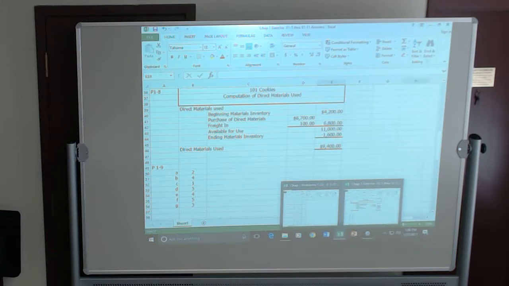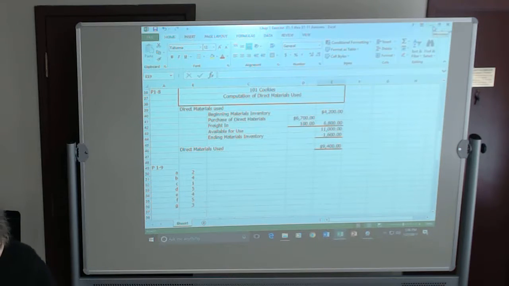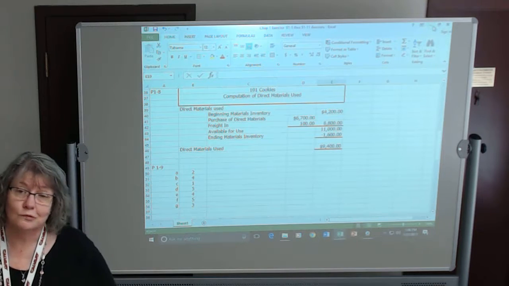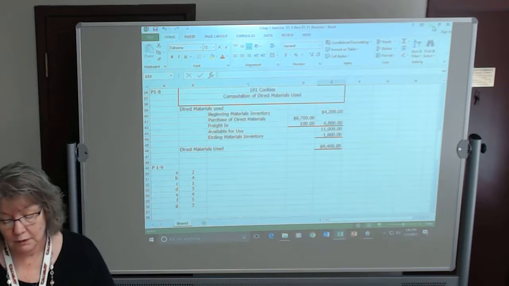Starts on page 31. And the problem is calculating income and cost per unit for a service company. I actually had this ready to print out and I left it at home. Anyway,